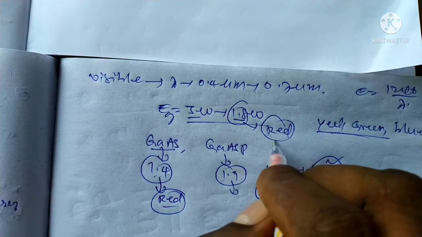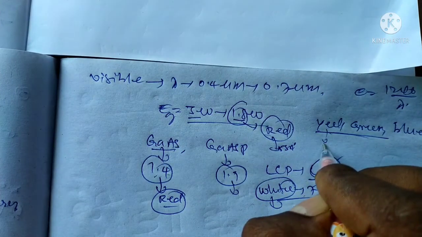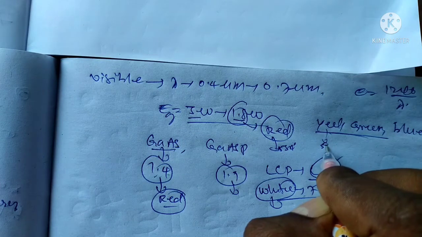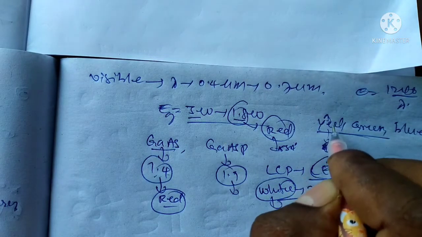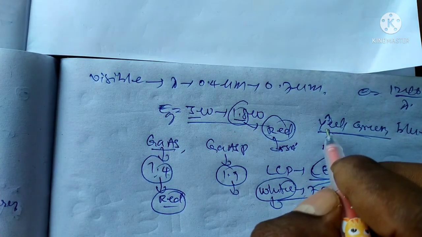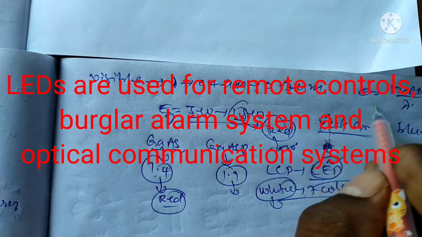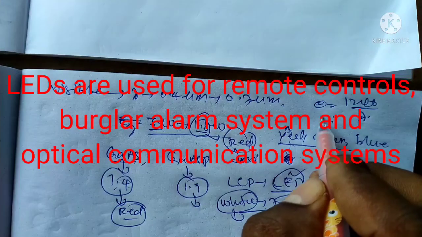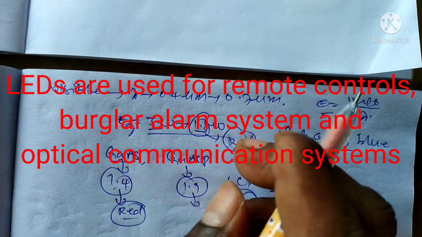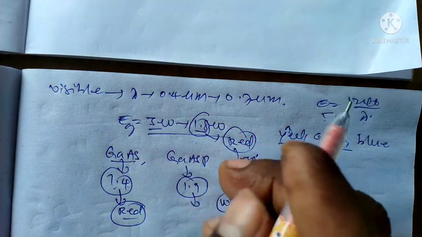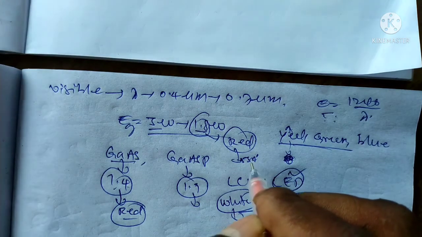Red has 533 angstroms, yellow light is 544, like this, and 438. Each has a fixed, different wavelength. This can be explained in the electromagnetic spectrum. Different colors have different wavelengths. Different wavelengths mean different energies. Energies depend upon the band gap of the given material. It can exhibit different colors like red, blue, yellow. These are the monochromatic lights.